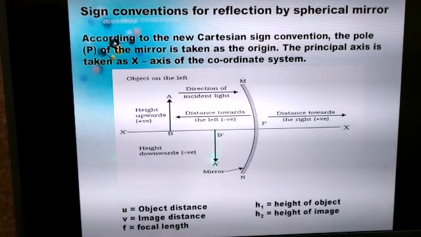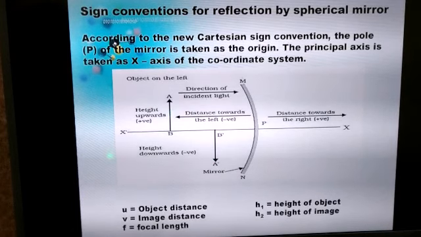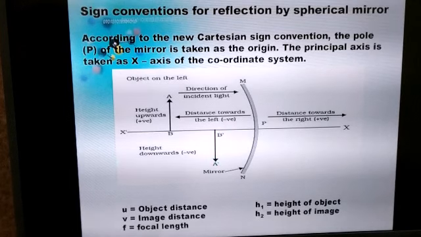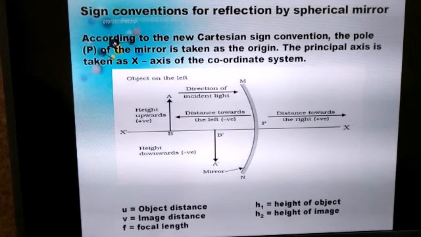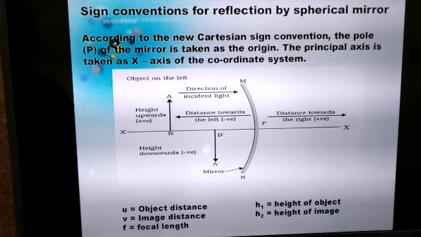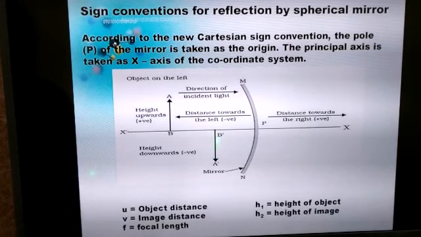This is the image which is formed after reflection of light from the object AB. Here in this case, the image formed is an inverted image. It is not necessary that the image should be inverted. The image can be erect as well. The image can be formed in front of the mirror, or it can be formed behind the mirror. Here in this case, the image is an inverted image.